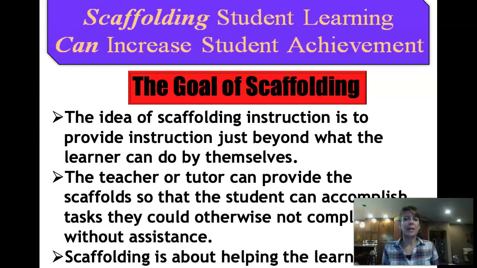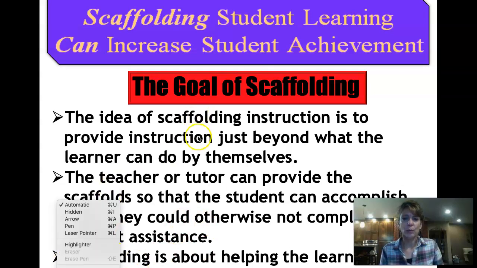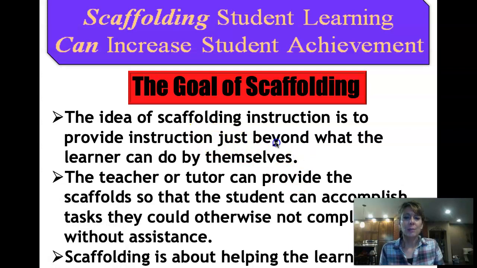The goal is that we provide instruction just beyond what the students, sorry, I was trying to grab a tool, but I don't know if it's going to work for me,